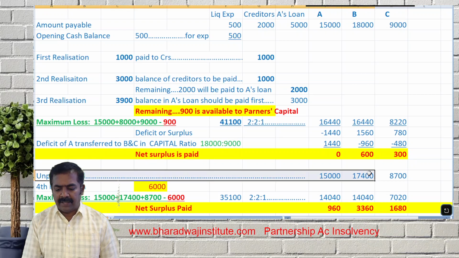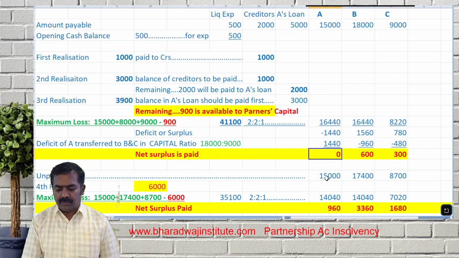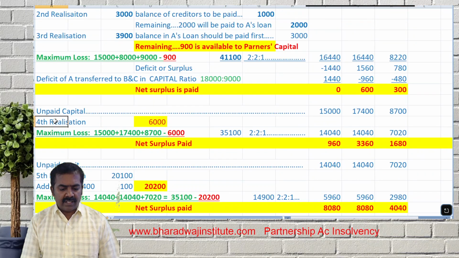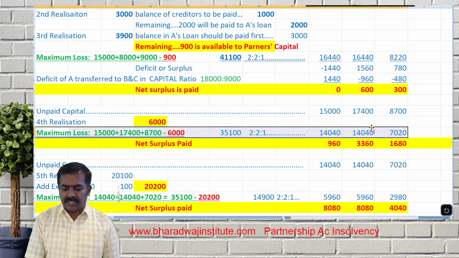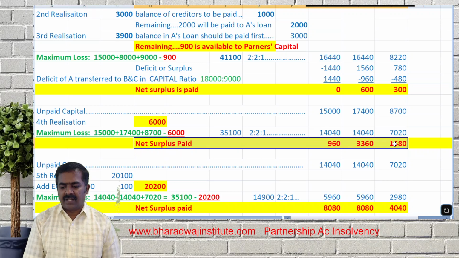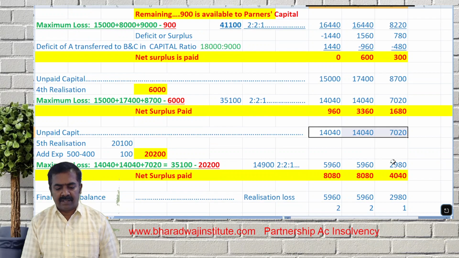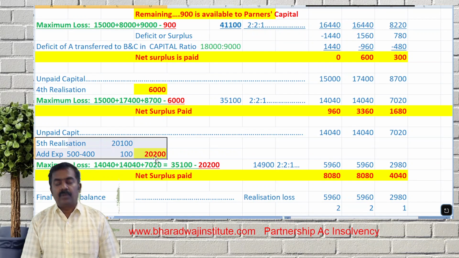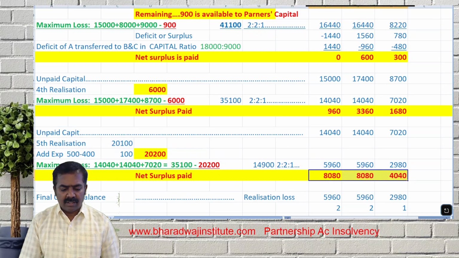Again, go to step 1, unpaid capital. How to work out unpaid capital? The previous unpaid balance minus amount paid now. 15,000 minus 0, 15,000. 18,000 minus 600, 17,400. 9,000 minus 300, 8,700. Fourth realization, we get how much? 6,000. We work out maximum loss, transfer the maximum loss, and net surplus is paid. After that, in the shortcut method, this previous maximum loss will become unpaid capital now. Fifth realization, including the surplus and expenses, share the loss, pay the net amount, and the final unpaid